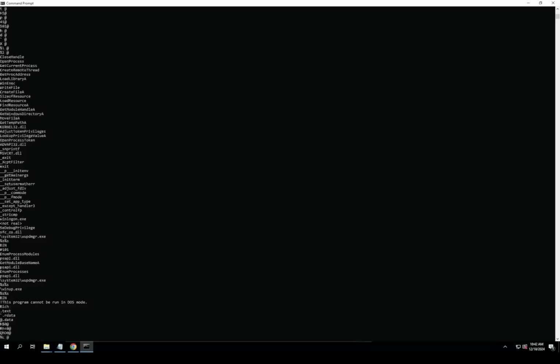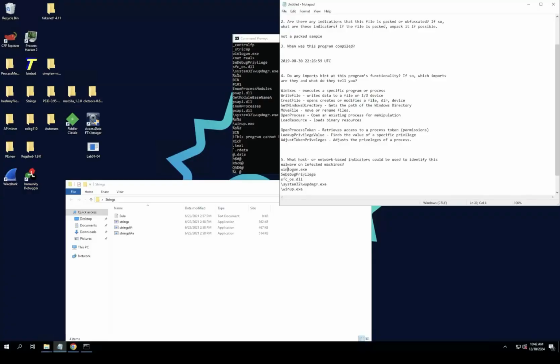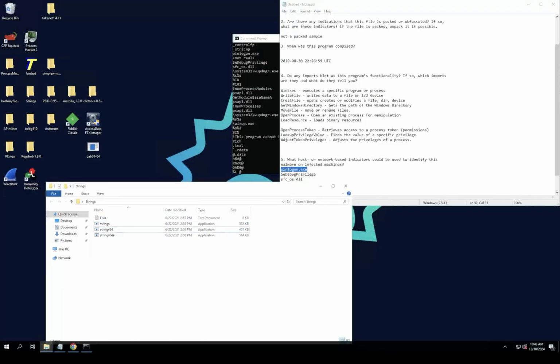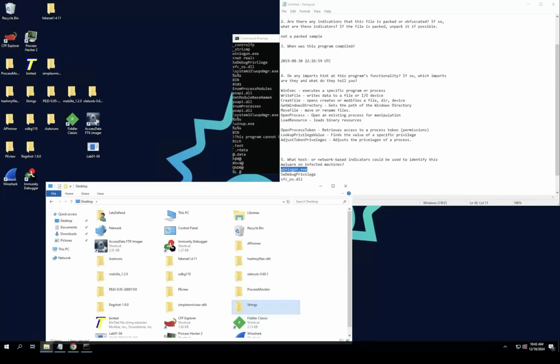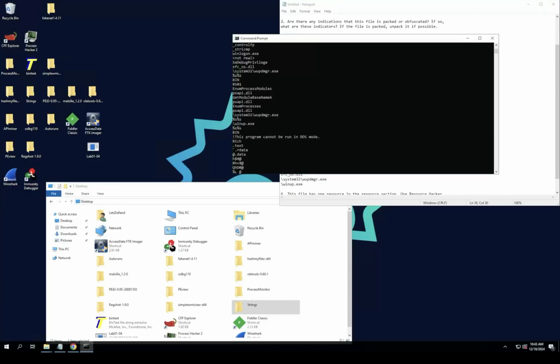What I would like to know is, I don't know if winlogon is really a good indicator, because that's like normal to see. So I don't know if that would be a good indicator actually. So I'll delete that one for now. But if there's a way to tie it to this specifically, then